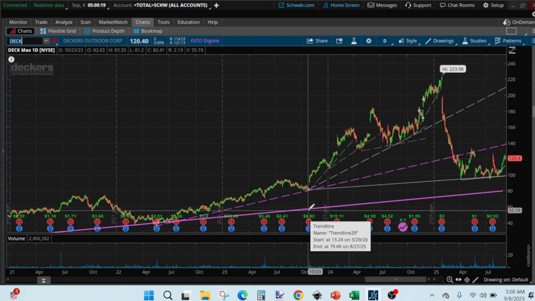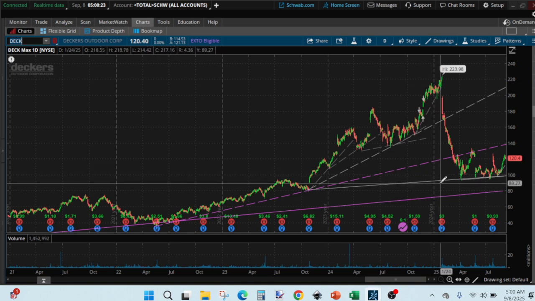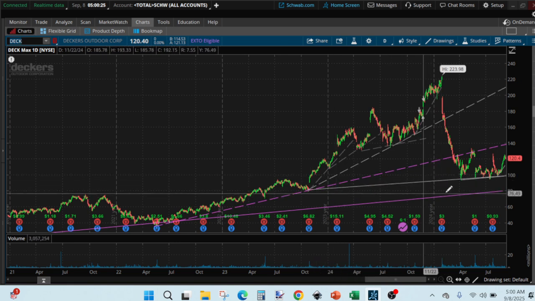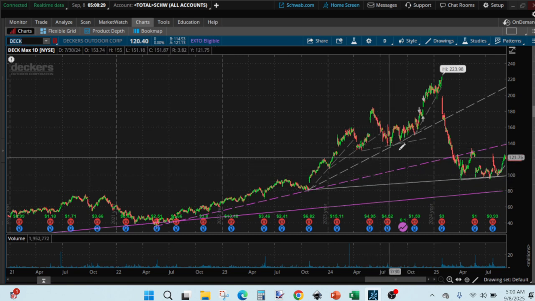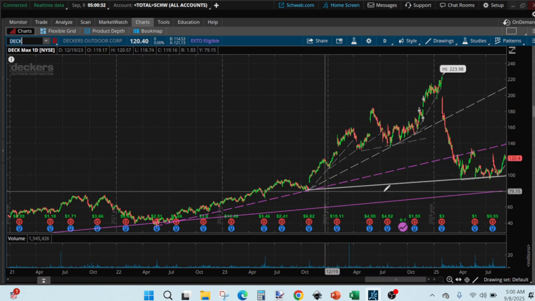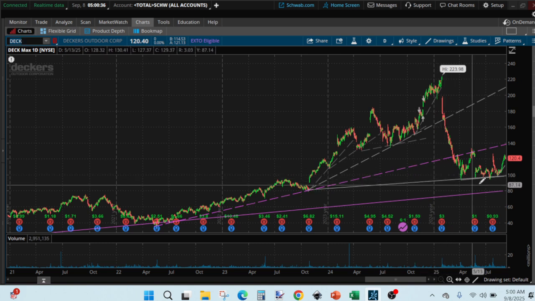This one is longer, but it didn't go all the way there. So I have this here, but because it didn't touch base with it, there is quite a bit of gap between this one and this touch here. I'm not really relying on it. I just put it there to see